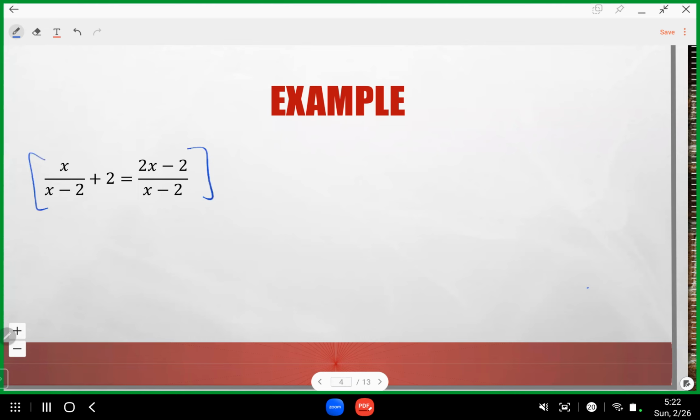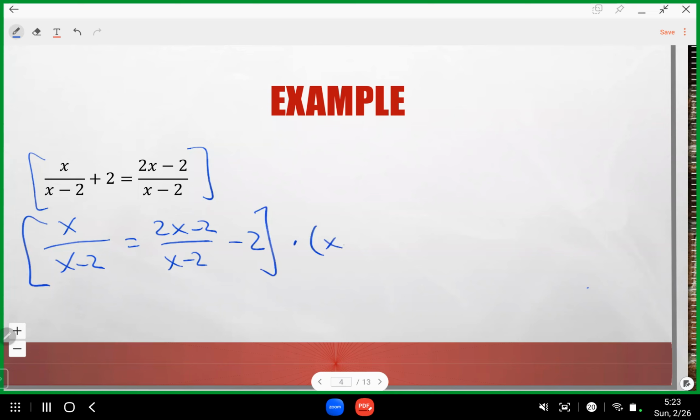So basically you just want the x to be isolated. So you subtract 2 on both sides and then you multiply both sides by x minus 2. So you got x equals something. I haven't done that yet. All right, so if you multiply x over x minus 2 times x minus 2, obviously these cancel out, right? It's going to get x. All right, and then similarly,